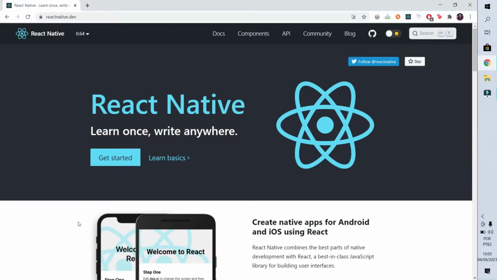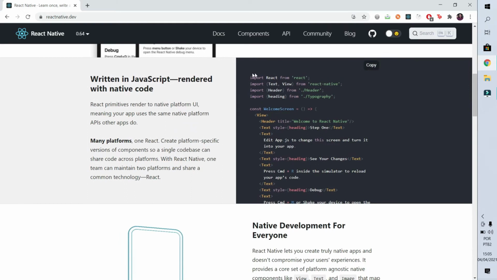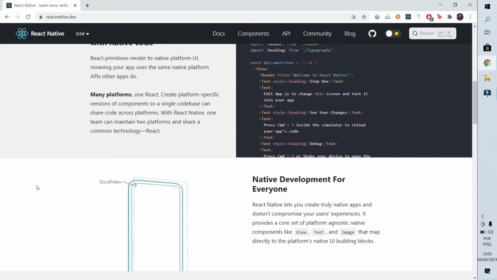We are here on the React Native website, and let's start with a little summary about what React Native is. So, React Native is a set of tools that are similar to JavaScript, HTML and CSS, and with these tools we can create graphical interfaces. I mean, all those things that we use in the app, like buttons, pages, menu bar, etc.